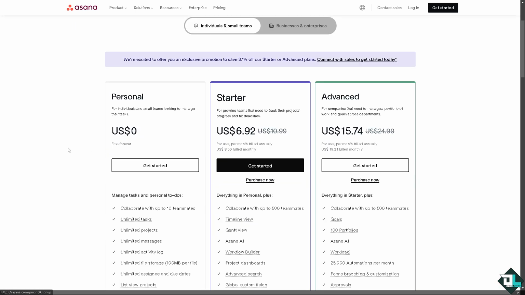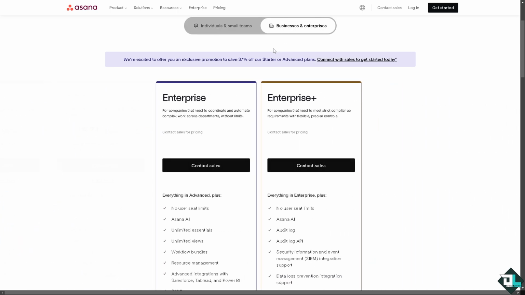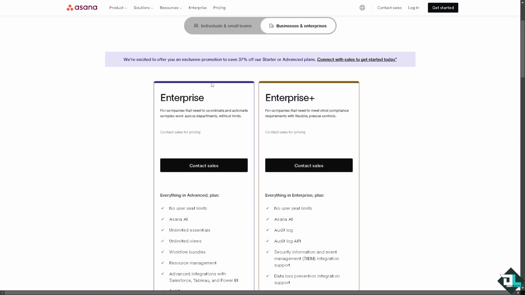You would notice the personal plan comes at $0, free forever, and you get these features. If you wanted to scale up and go to the starter plan, it comes at $6.92 and you get to have all these. The advanced is at $15.74. In terms of the businesses and enterprises, you might want to make sure that you contact the sales department because